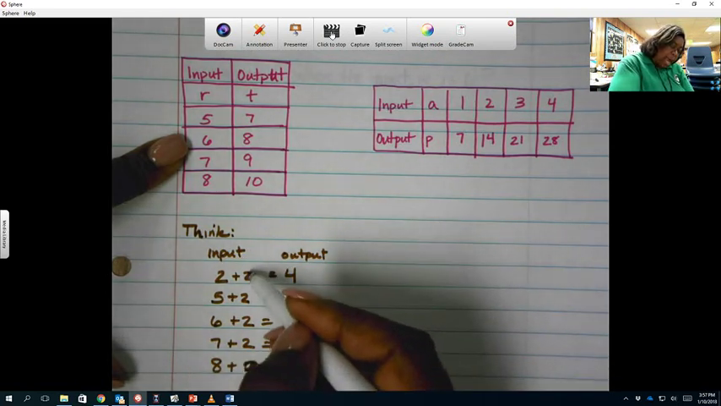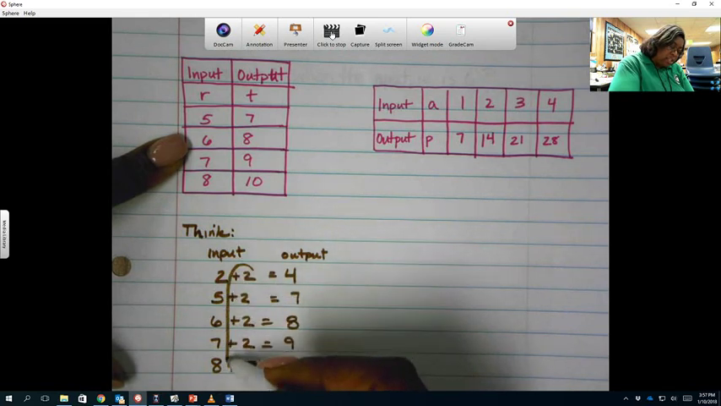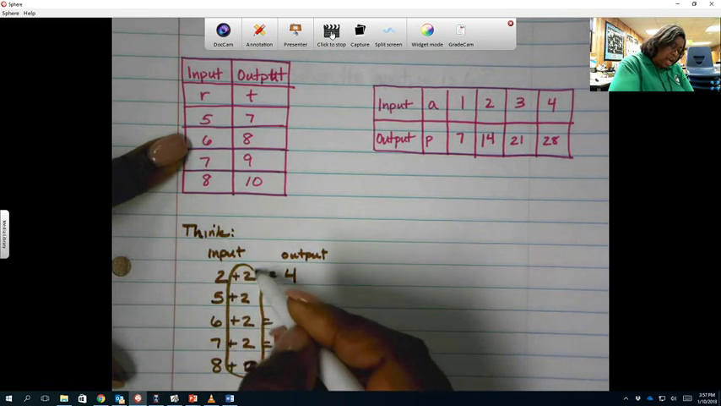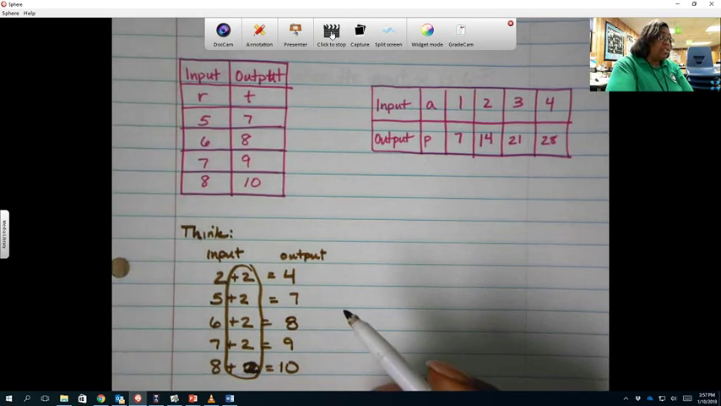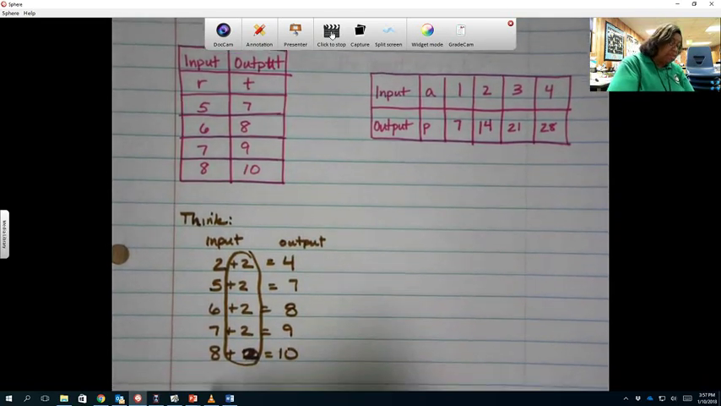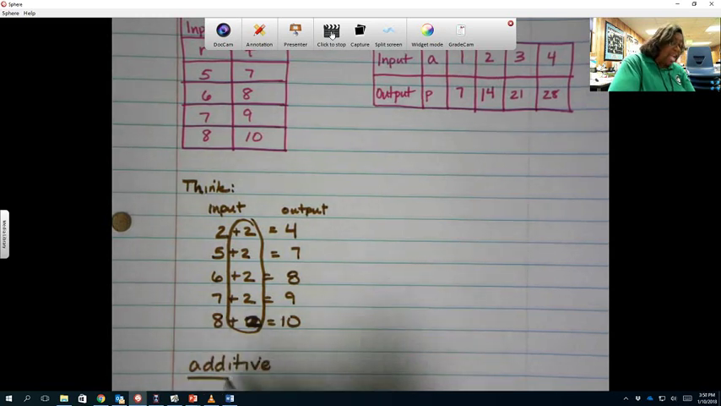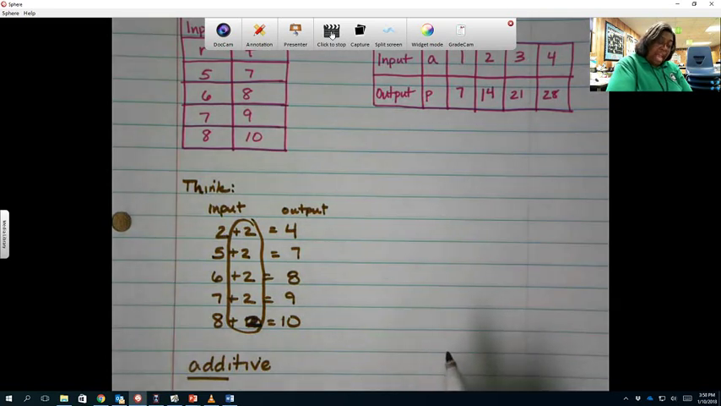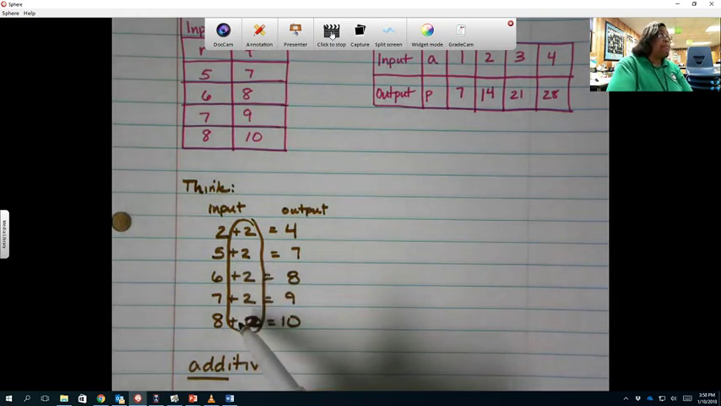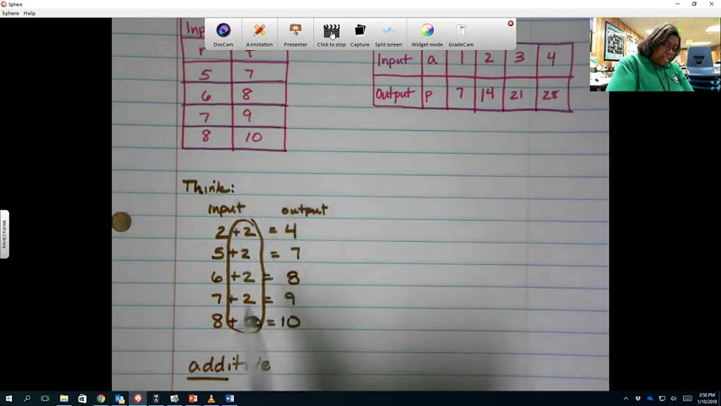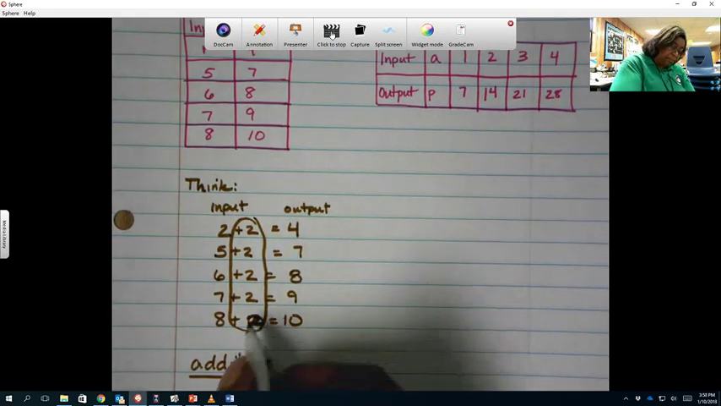So my pattern looks like I'm doing plus 2 each time. This type of pattern is called an additive pattern. We have the word add in our word additive because we're adding. Now, based on this, let's write a rule